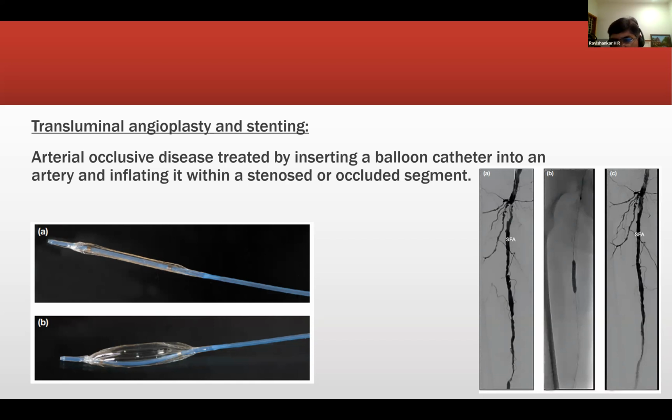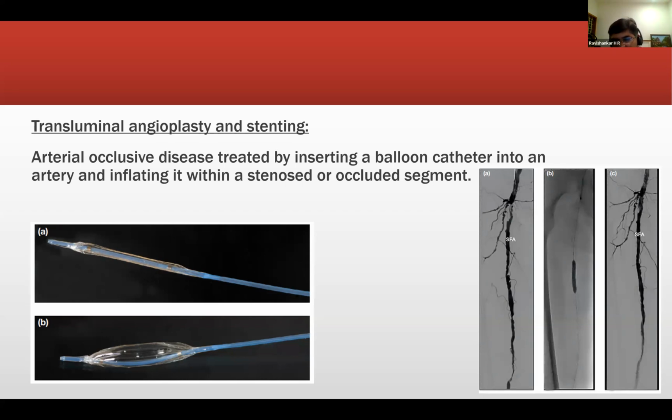See, it's very simple. Superficial femoral has no branches, continuous in the thigh. Profunda femoris has muscular branches, three to four branches which supply the deeper muscles and the bone. So that is how you differentiate. And usually there can be occlusion at the origin of profunda. But generally profunda femoris is less prone to developing atherosclerosis compared to SFA.